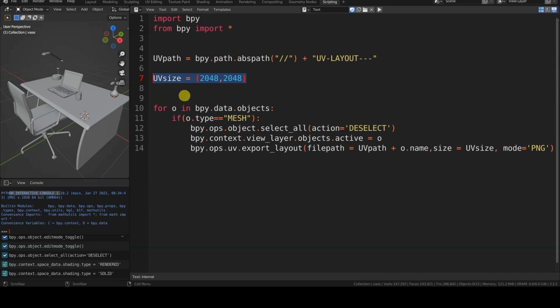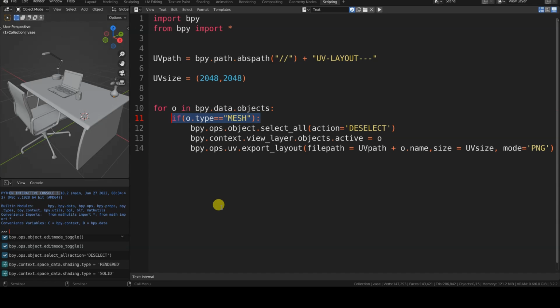In order to execute the function on all the mesh objects available in a scene, we have to create a for statement, so we can write for o in bpy.data.objects. Then, inside the block of the for statement, so don't forget to indent the text, we can add a filter on the type of the object.